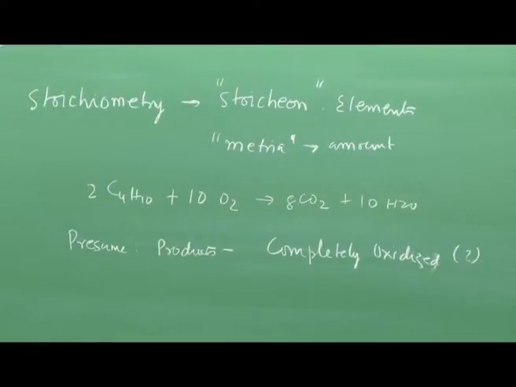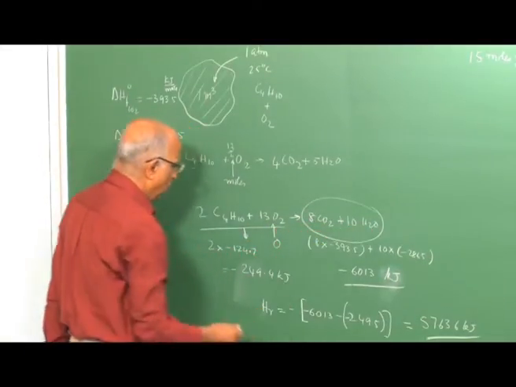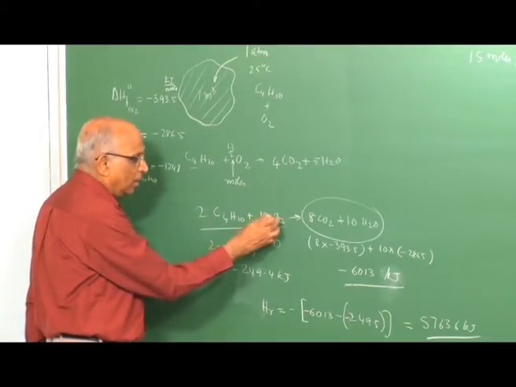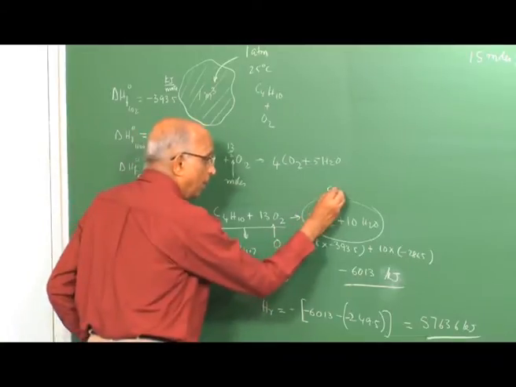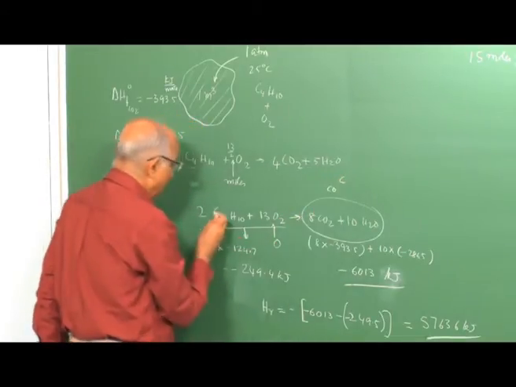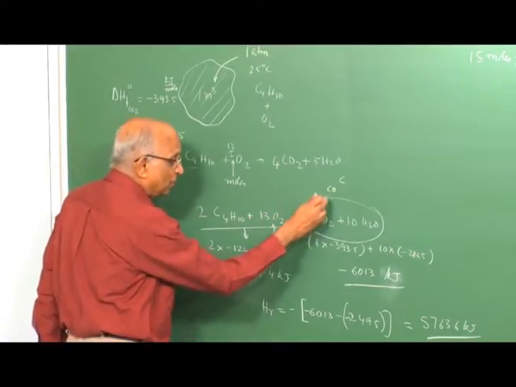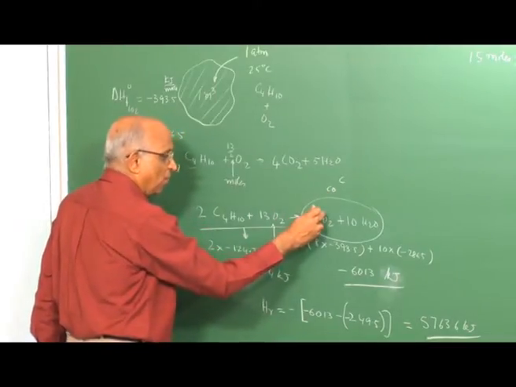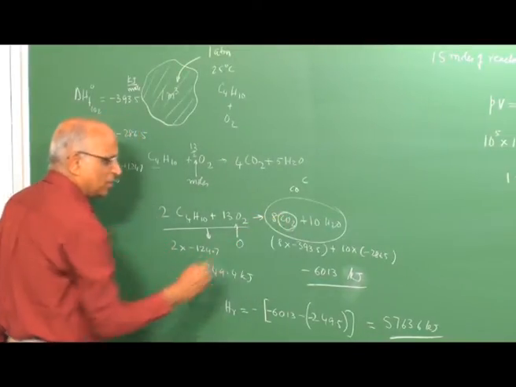Let us get back to our reaction. We had the reaction 2C4H10 plus 13O2 giving you 8CO2 and 10H2O. The carbon here reacts with oxygen and forms carbon dioxide. It could have also formed carbon monoxide, or maybe it could have just formed carbon itself. If I look at CO2, CO and carbon, CO is not fully oxidized, it can still get oxidized further to form CO2. Therefore, we say CO2 is a fully oxidized substance.